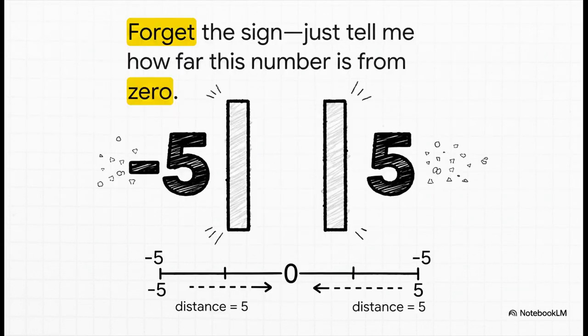And then, maybe 100 years after that, the brilliant Leonhard Euler comes along and gives us this. 2 simple, perfect, vertical bars. That's it. It was this incredibly elegant, universal symbol for a problem that had been bugging people for thousands of years. No more wordy explanations, just a clean symbol that asks one simple question. How far is this thing from 0?